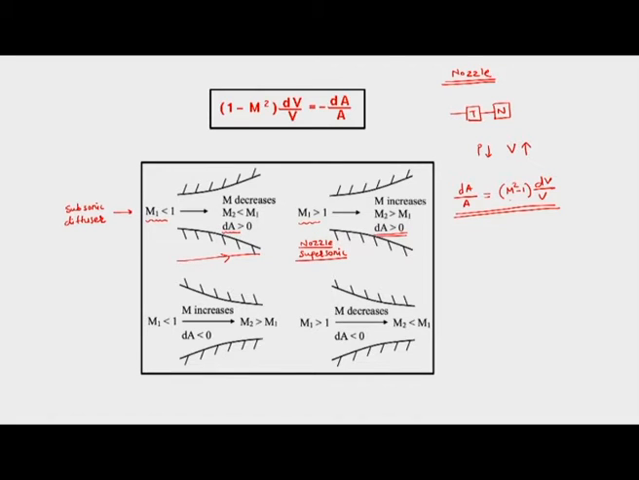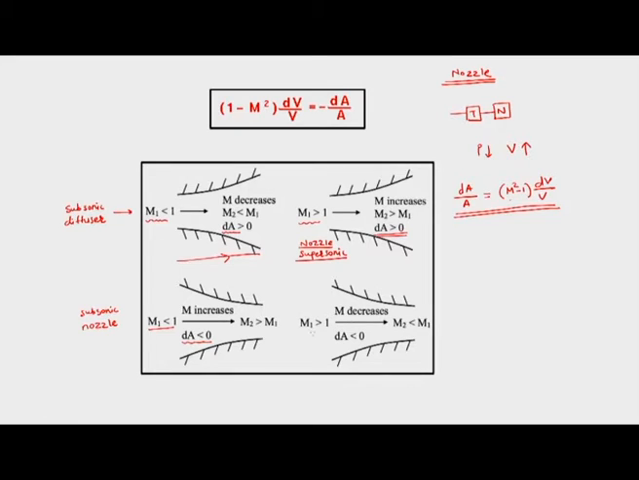Similarly, if we have a converging section, dA by A is negative, so this side is negative. If we have subsonic flow, M square minus 1 is also negative, so dV by V has to be positive. So, this acts as a subsonic nozzle,